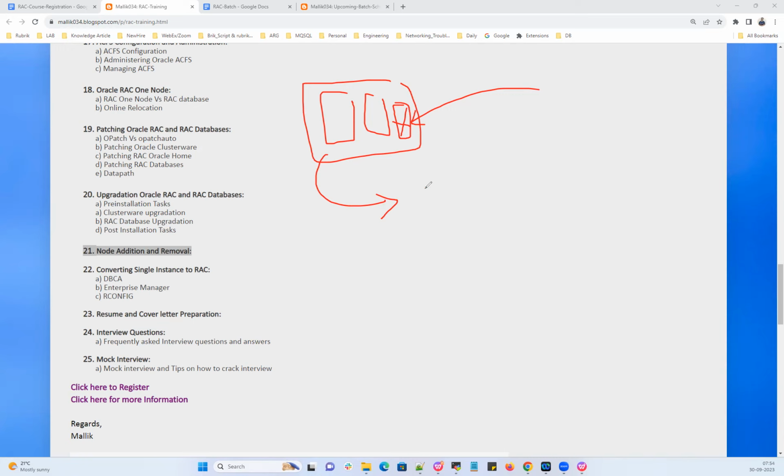That is, my OCR is corrupted. What happens? My OLR is corrupted. What happens? My voting disk is corrupted. What happens? Again, at this point, if you're not aware about this OCR, OLR, and voting disk, again, these are